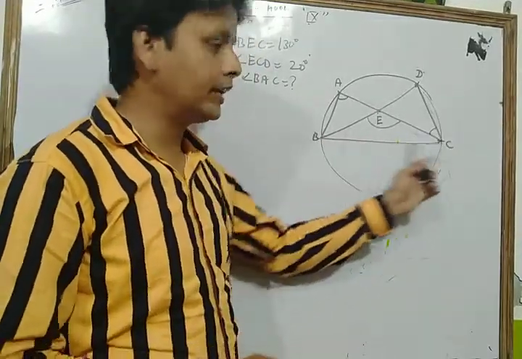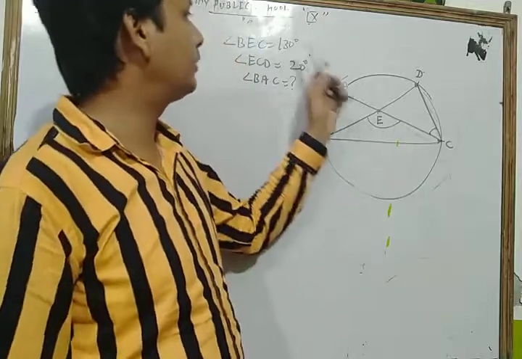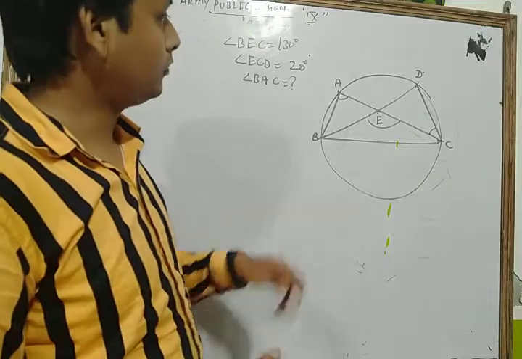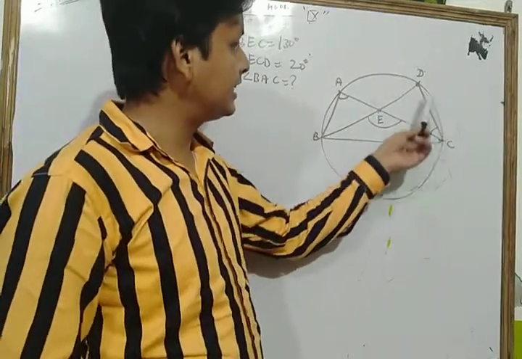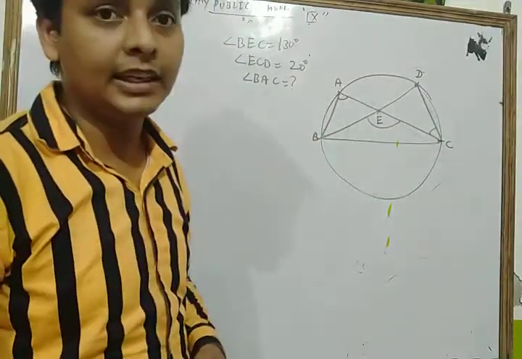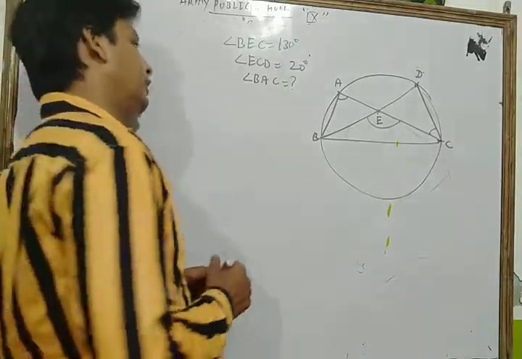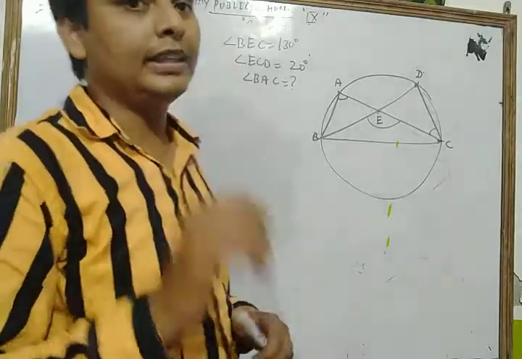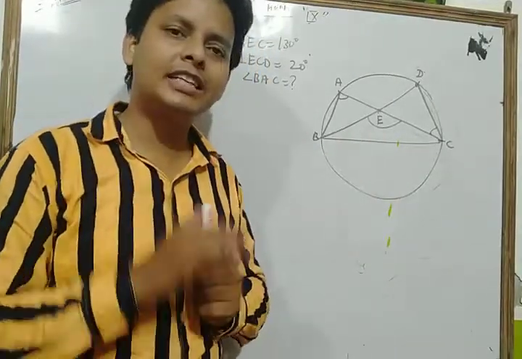BEC. So we join BC also. So BEC is given as 130 degrees, and angle ECD is also given as 20 degrees. Now we have to find the value of angle BAC. This is our question. Dear students, from the figure it is clear that